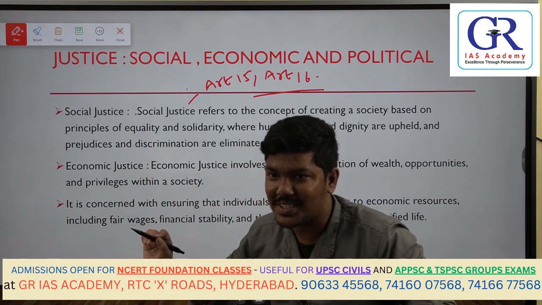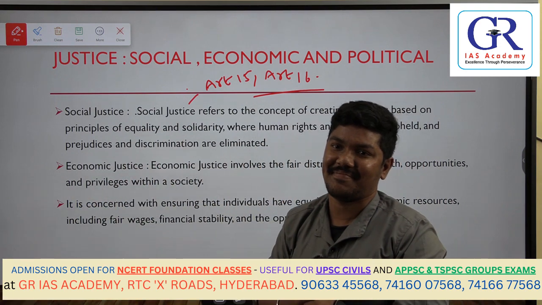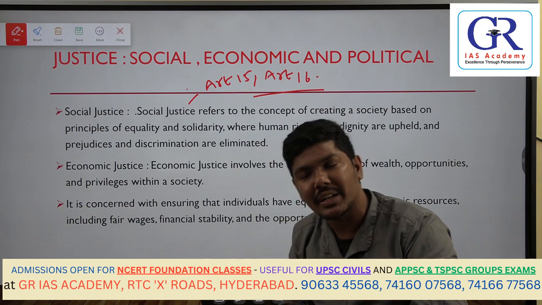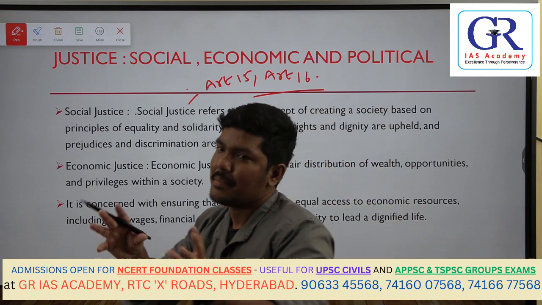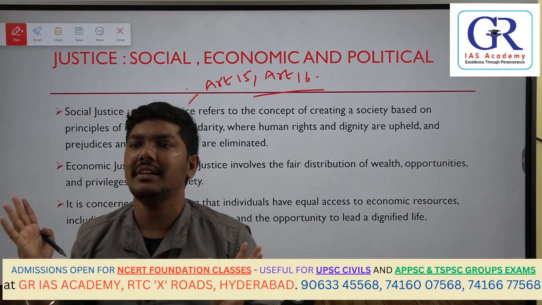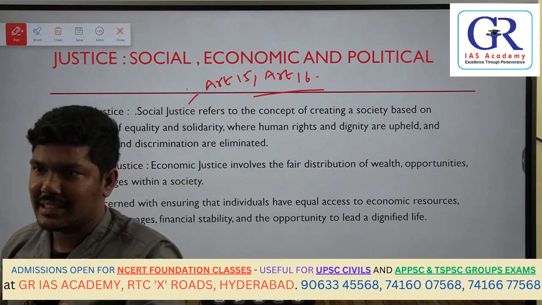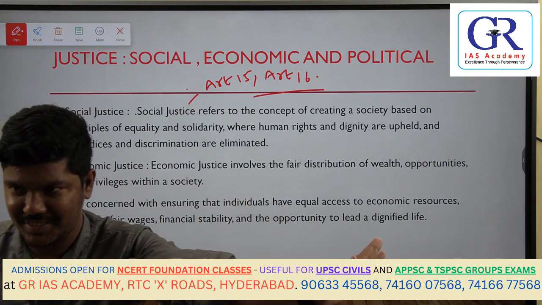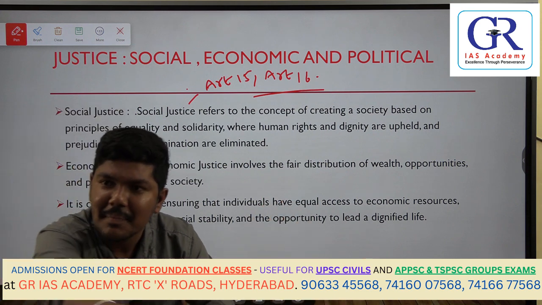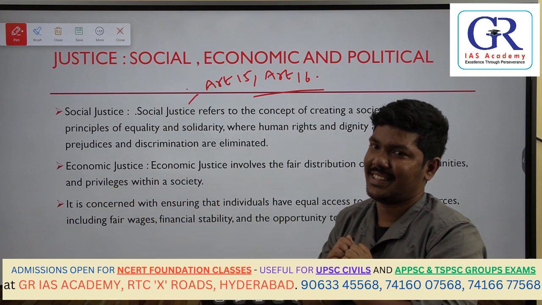Social justice includes also bringing the marginalized communities onto that of the mainstream. Who are the marginalized communities? Scheduled caste, scheduled tribe, backward classes, women, all these are backward classes, and social justice also includes bringing them onto that of the mainstream of the society. So social justice means there should not be any discrimination, and if you are backward classes, bring them onto the mainstream of the society. That is the objective of social justice.